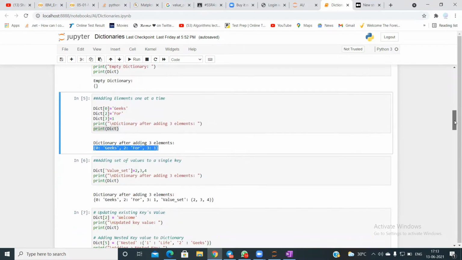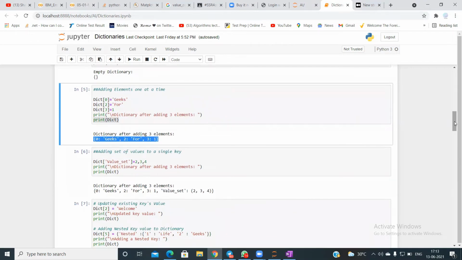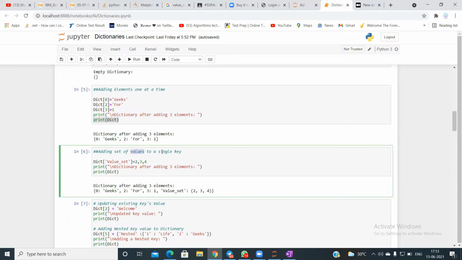And another way of adding elements is, if you want to add a set of values to a single key, you just mention the key, and you separate the values by comma, and give it in a single fashion.